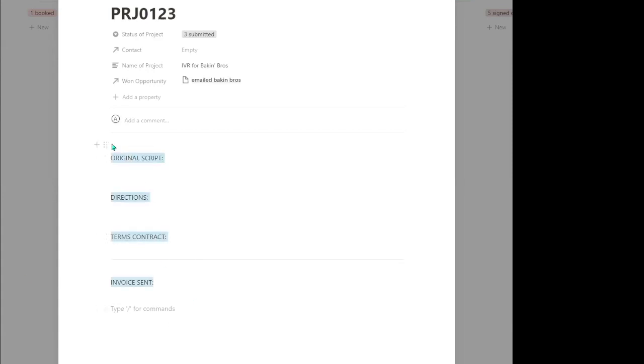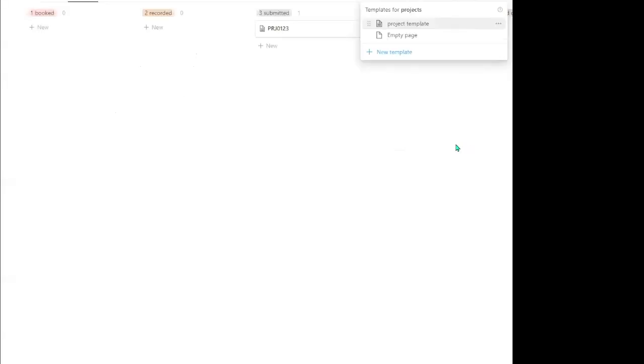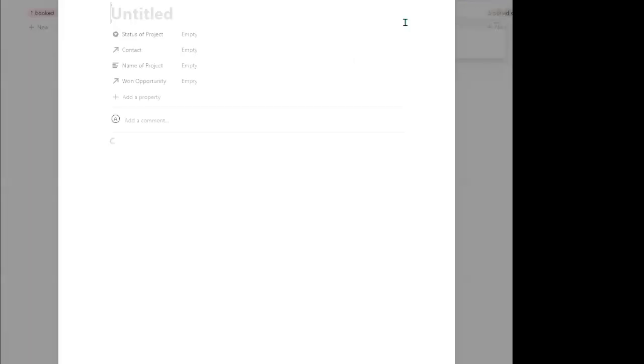Okay, now all of that content there, what we can find is if we want to use that over and over again in these projects, we can create what's called a template. So in the new drop down, we can quite easily create a new template, and we'll call it a project template, and quite simply paste that content in there. So in future, when we want a brand new item adding into this projects management database, we can click on the drop down, click new project template, and then we have all of that content added in there completely with,